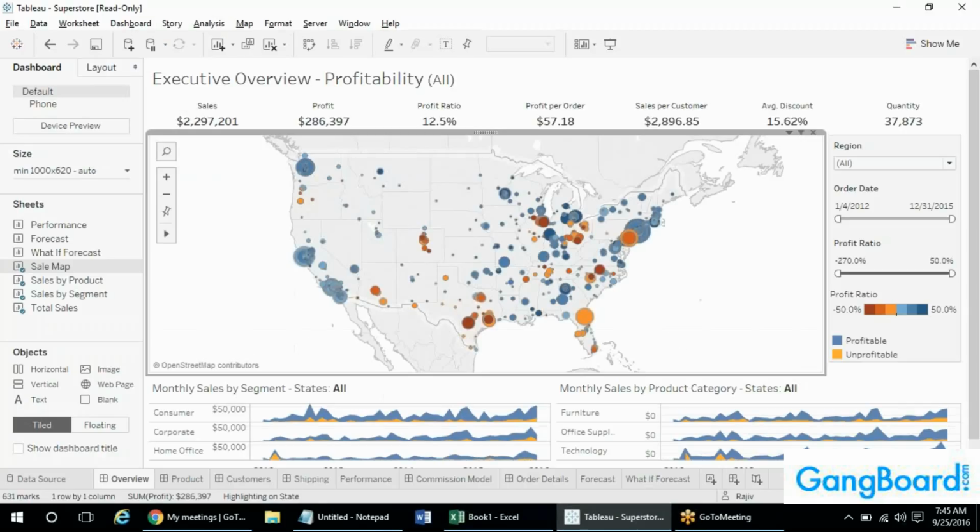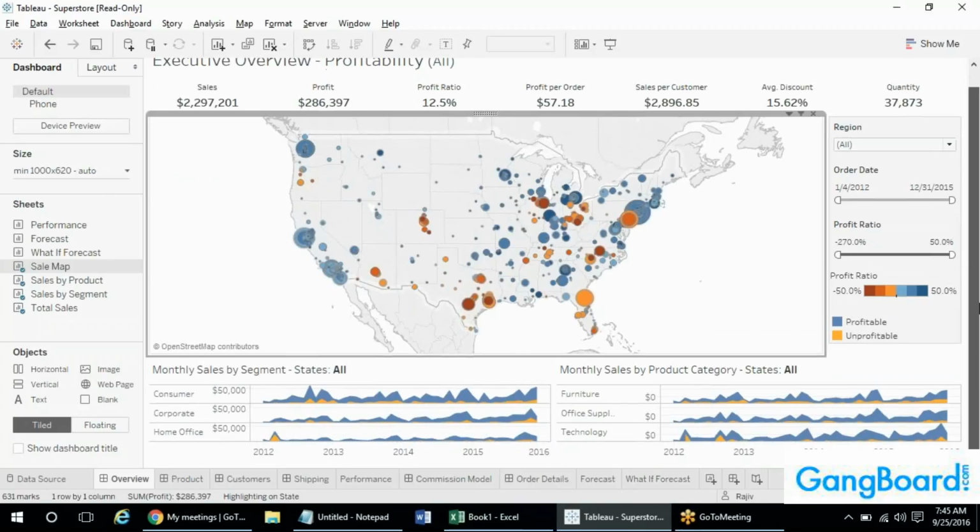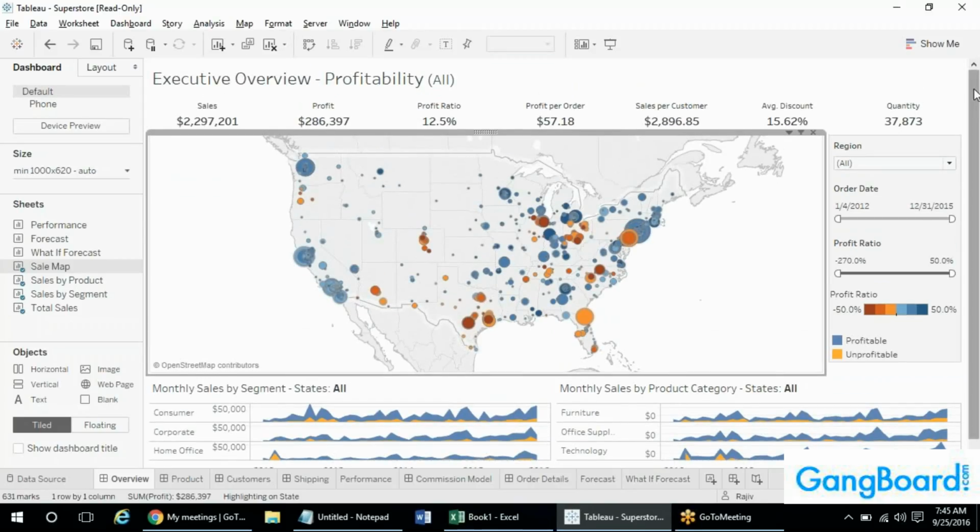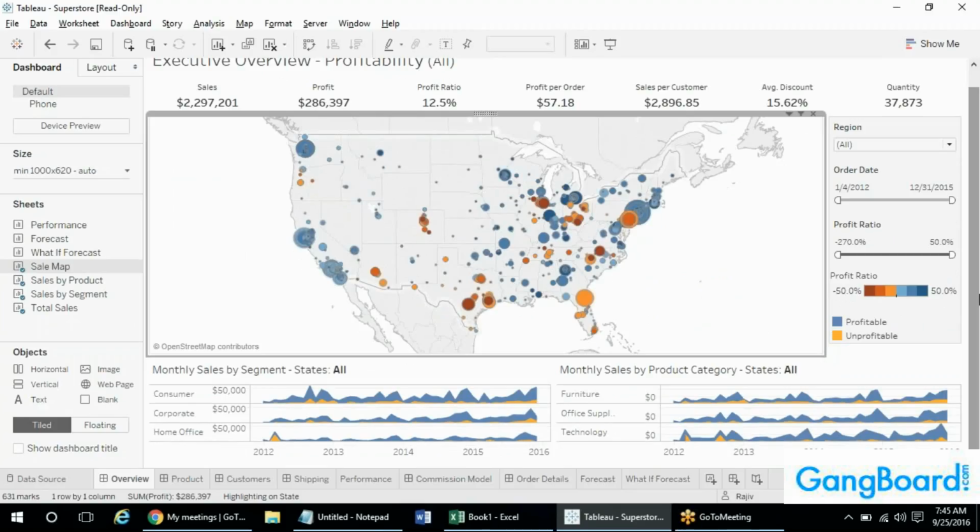sure. So these are a few dashboards which you could see. Here we just have some profitability, and this is a United States map with the colorings based off the profit ratio, whereas you could see the legend here. I don't want to go into detail about the values, but just want to show what is possible here. This is an example area chart, whereas you have